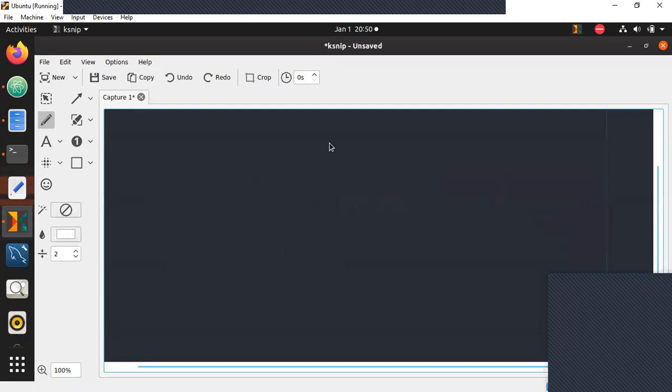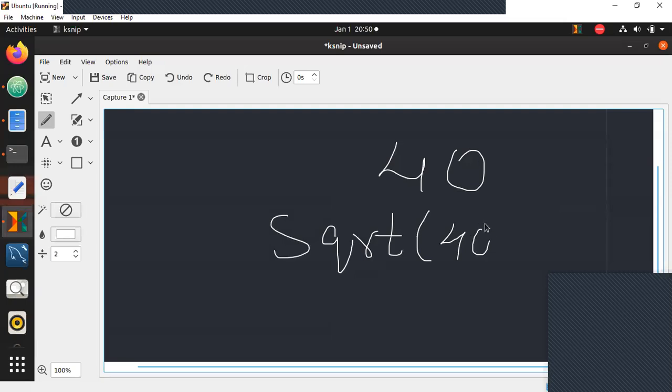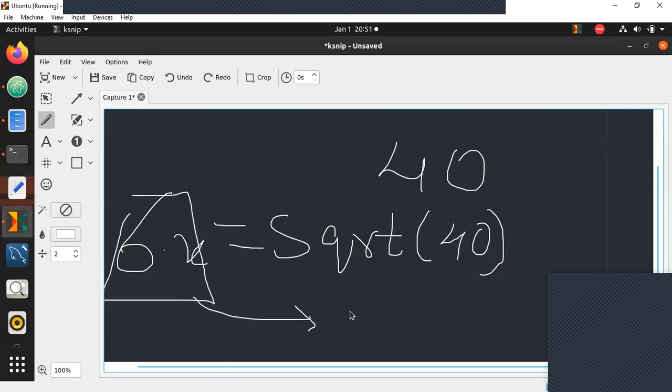I'll just point out one clue. Take any number. They're saying perfect square closest to it. What I would rather do is, if I get a number 40, I'll call sqrt of 40. I'll call this function. What will it return? It will return 6 point something. I will store this in an integer.